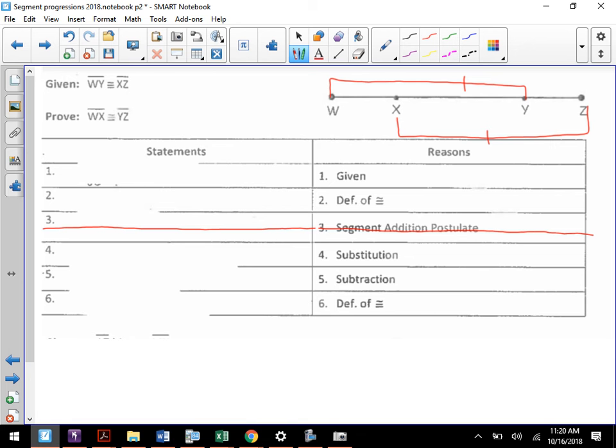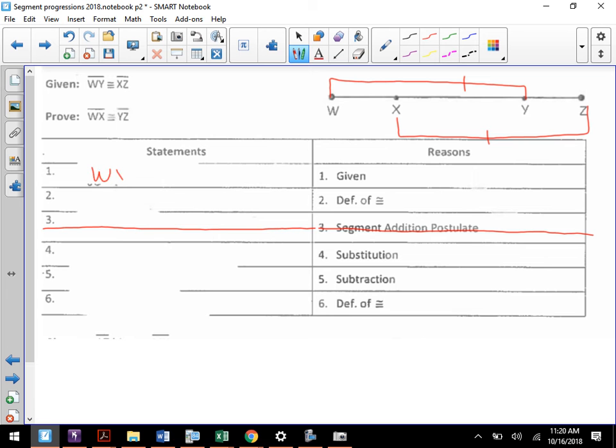So in the back of your mind, you know that you can say that WY is made up of WX and XY. XZ is made up of XY and YZ. If we're able to say that those two guys are equal to each other, we can cross out what the overlap is. That's the idea of what you should be looking for when we start getting into proofs. Okay. So first thing first, we had our given,